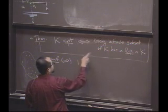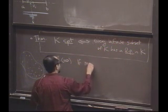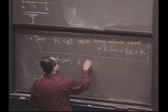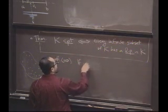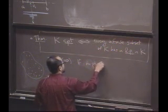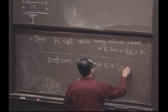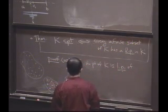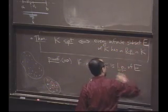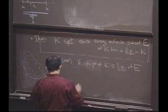So we're doing this by contradiction. If no point of K is a limit point of our set, can I give the set a name? Let's call the subset E. If no point of K is a limit point of E, then